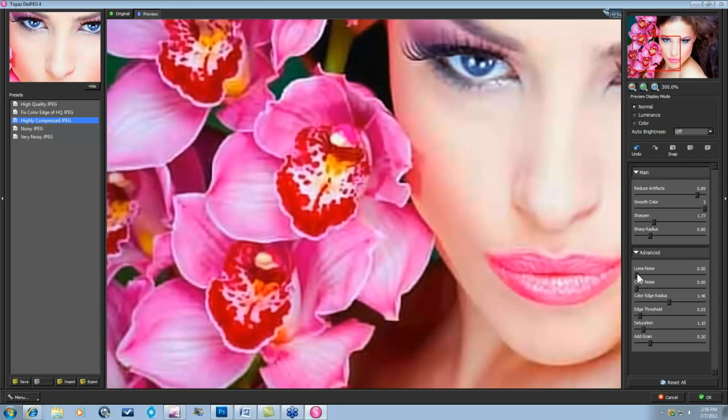Okay, now I'm going to come down here to the Advanced tab. The Advanced tab is going to have the noise reduction area. People are always saying, well, it has a noise reduction area, why do I need DeNoise? So we'll go into that in just a sec. But to work with the Luma and the color noise, we do have these luminance and color preview displays. If you go to luminance, you're going to see just the Luma noise. And as you can tell right here, it's still a bit noisy in these shady areas. So I'm just going to take that up just a little until it starts to